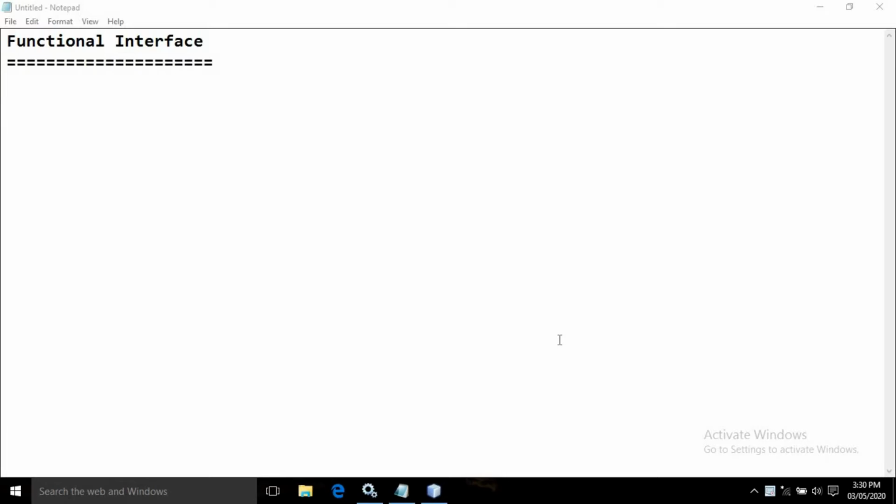In the previous video I discussed the objective of using lambda expression. I gave you the definition of lambda expression and showed you, with different examples, how to write a simple lambda expression in Java. Now, after writing the lambda expression, it is required to invoke it.